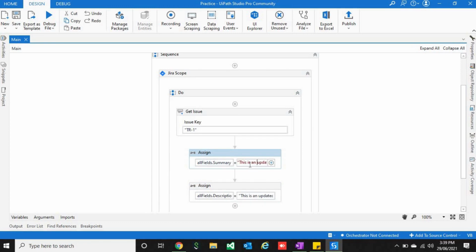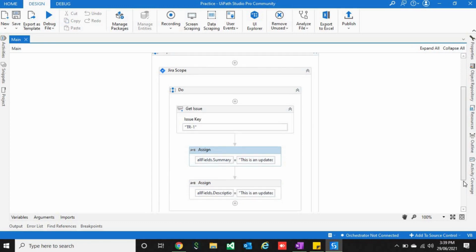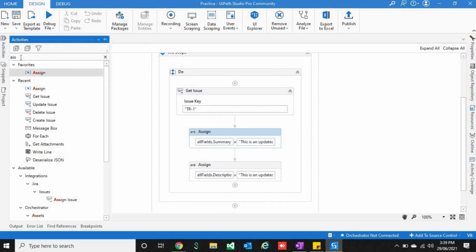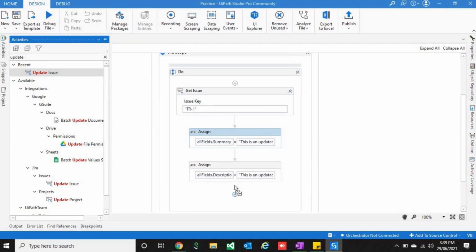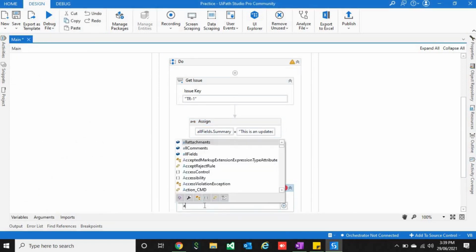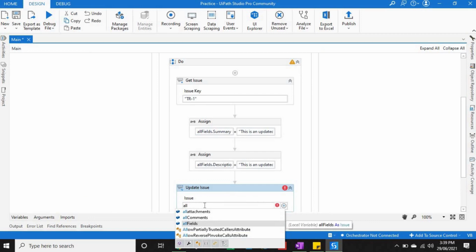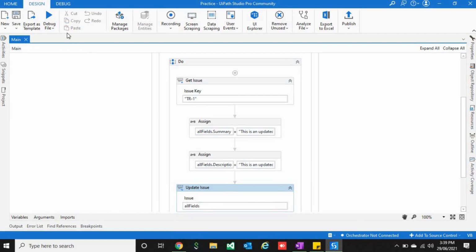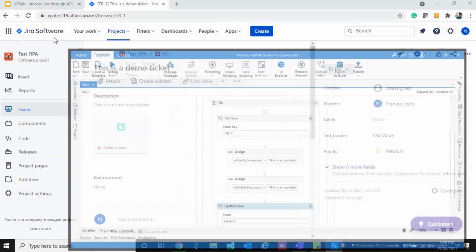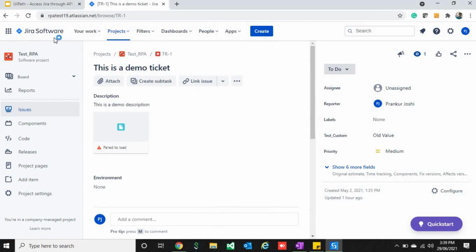And now we will pass this variable again to the update issue activity. You just have to pass the Jira issue variable here. Let's run it. It hasn't started yet. My machine is a bit slow, sorry for that.